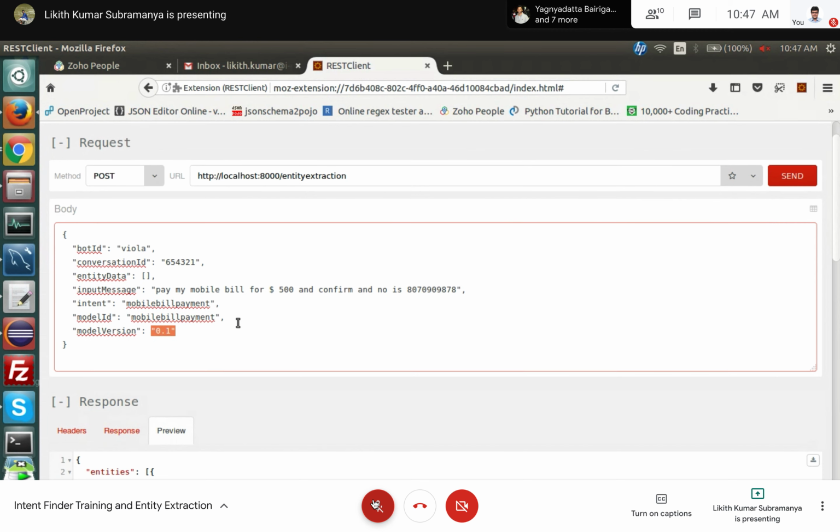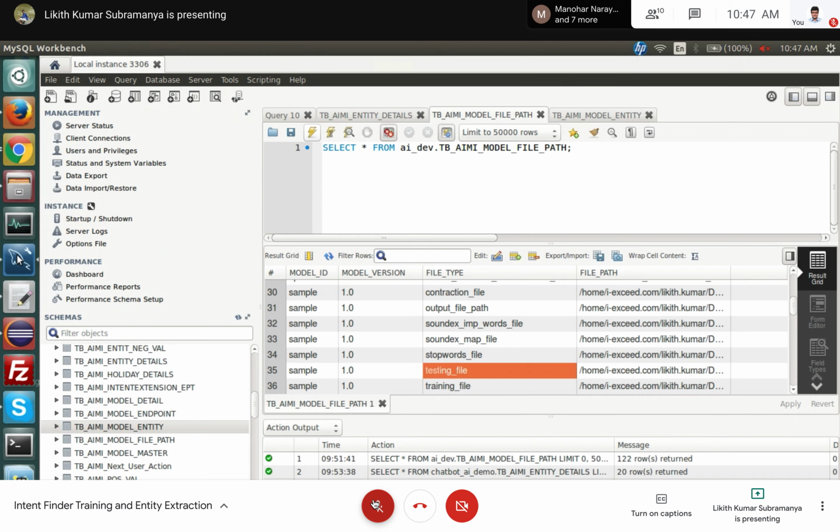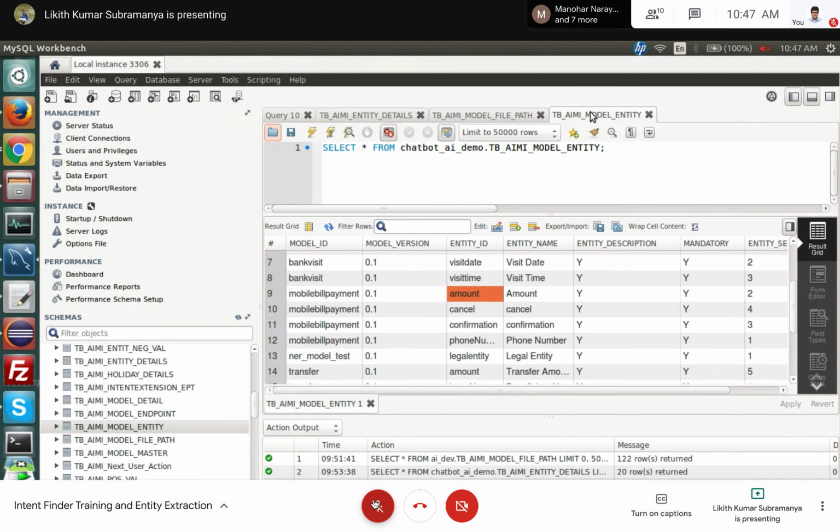My message is: pay my mobile bill of rupees 500 and confirm, and my mobile number is something like this. It has to predict the values here: 500, confirm, and the mobile number. Before predicting this, I'll take you to the table.